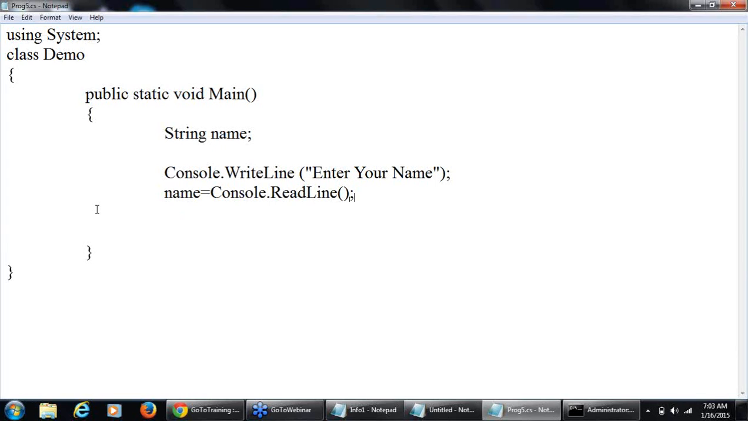If I have to print anything on the screen, I'm either using a Write method or WriteLine method. Similarly, if I have to get the value from the user, then I have this ReadLine method. The ReadLine method does not accept any parameter. Rather, it returns you a value of type string. So now here you can say, your name is